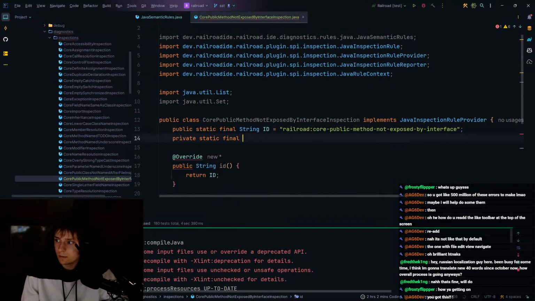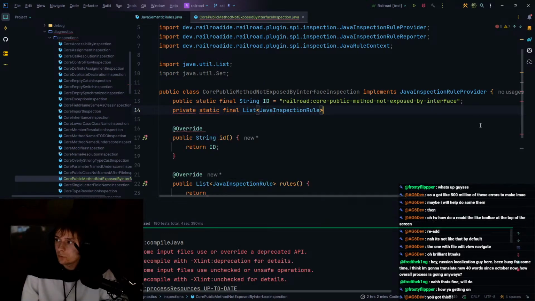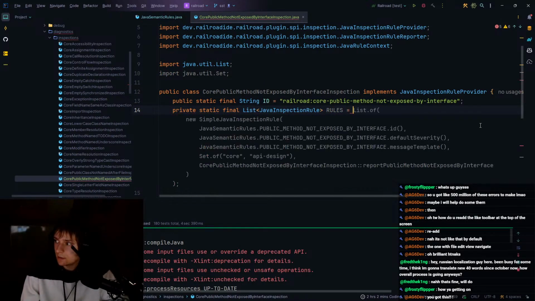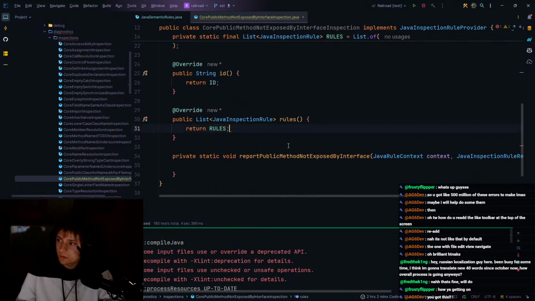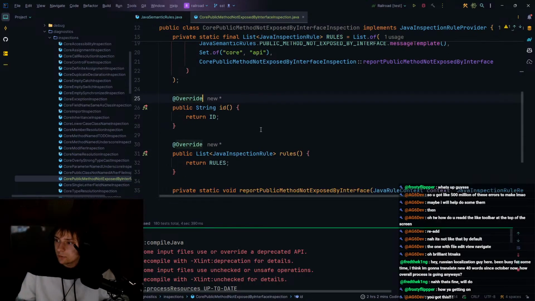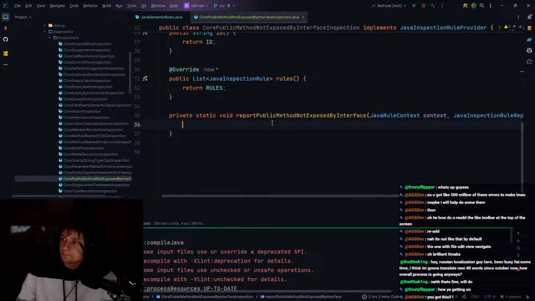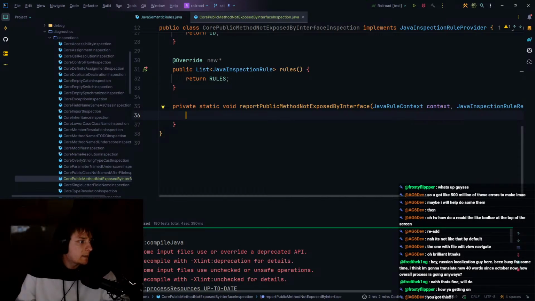This should be like list of Java inspection rules is equal to that, and then just return rules. Not super important, but I like to do that, so I'm gonna do that. So okay, I think the best way to start then is